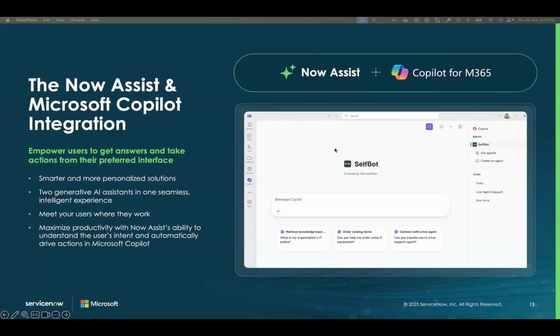So in this one seamless, intelligent experience, your employees get smarter and personalized solutions. Like I said, you get the two generative AI assistants in one seamless, intelligent experience. And then you are enabled to meet where your users are. If your users are spending their time in Teams or in Copilot, we have our ServiceNow virtual agent, the Now Assist powered virtual agent integrated with Copilot, and you could use both those generative AI assistants for maximizing the productivity of your employees. And